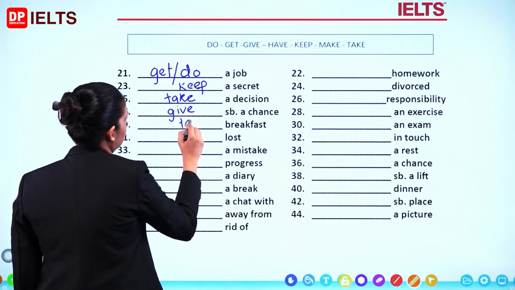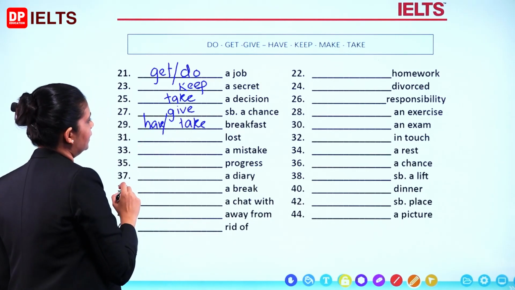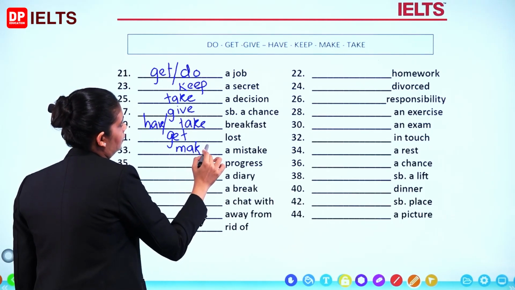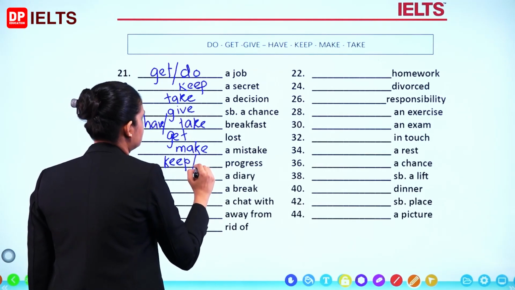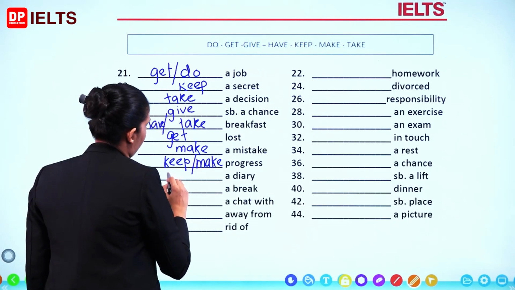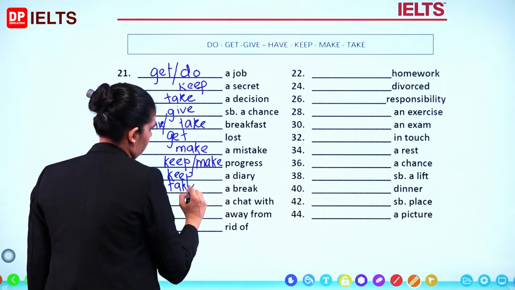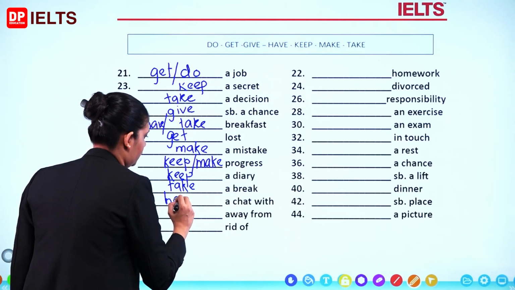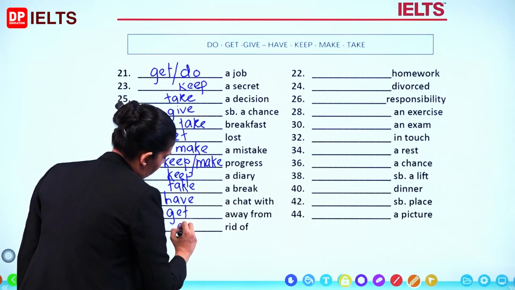Take breakfast, or you can say have breakfast, get lost, make a mistake, keep progress, or you can say make progress, keep a diary, take a break, have a chat with your friend, with your mother, get away, get rid of,